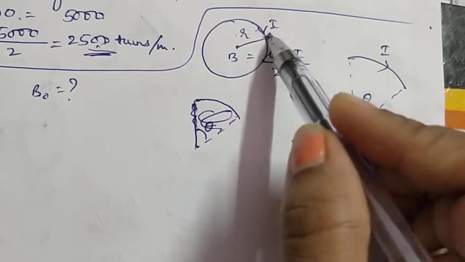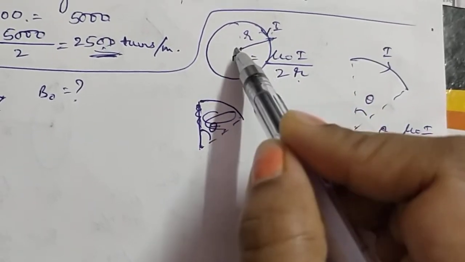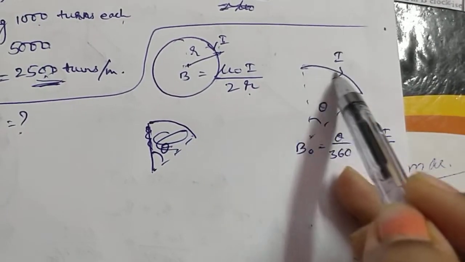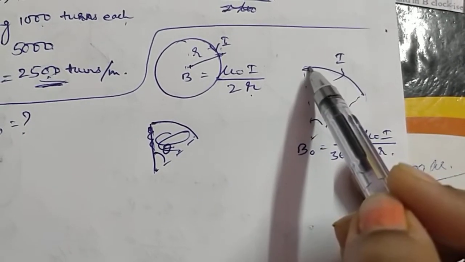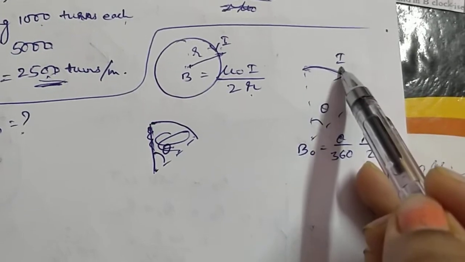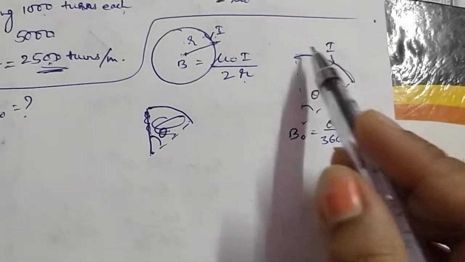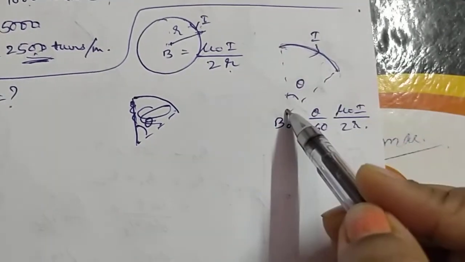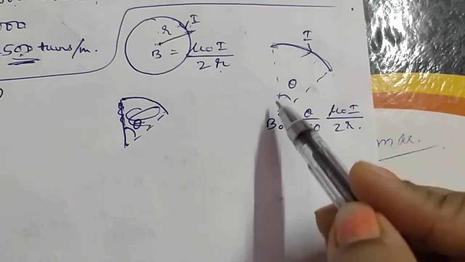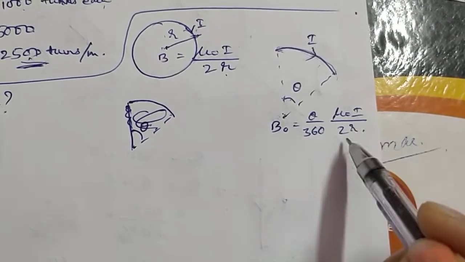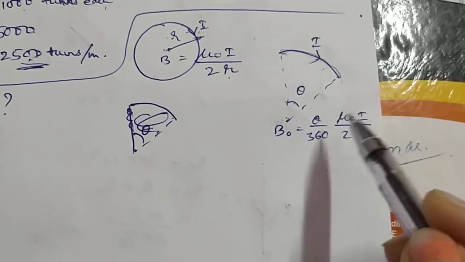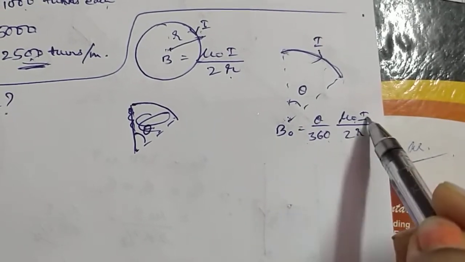Depending on the direction of current, it will be inside the plane of the paper or outside the plane of the paper. Now if you don't have a complete circle, if you only have a part of a circle, the wire is only an arc length, and this is the direction of the current, and this arc forms angle theta at the center of the arc. Then the magnetic field at this point is just theta by 360 mu naught I by 2 pi r. Just as the circumference becomes theta by 360 2 pi r, the magnetic field is theta by 360 mu naught I by 2 r, and the direction is given by the right hand curl rule.